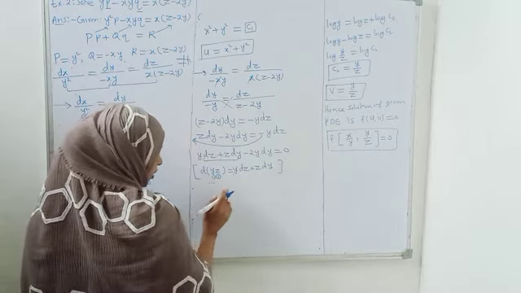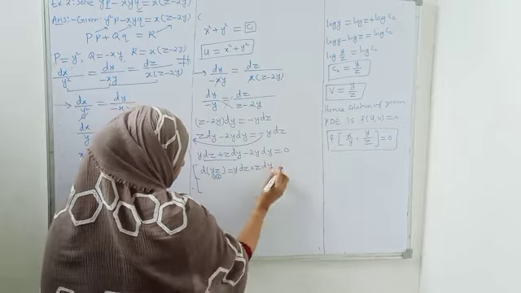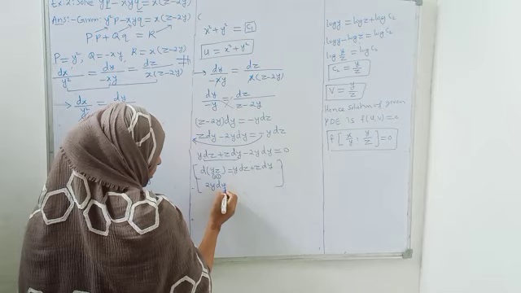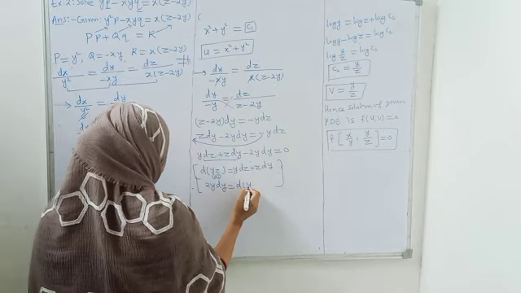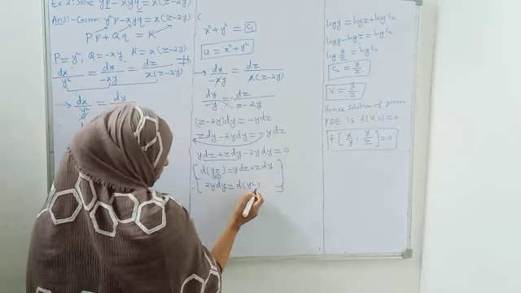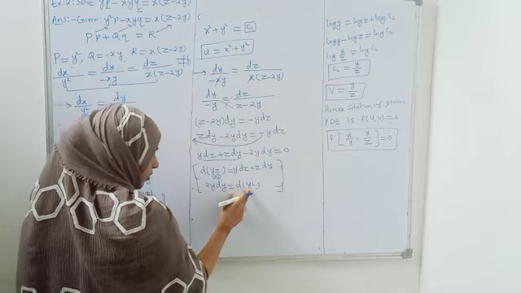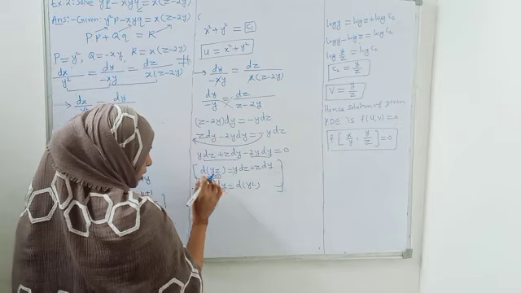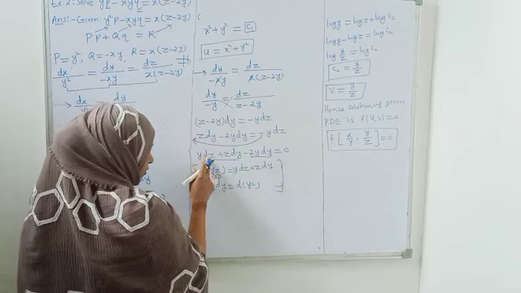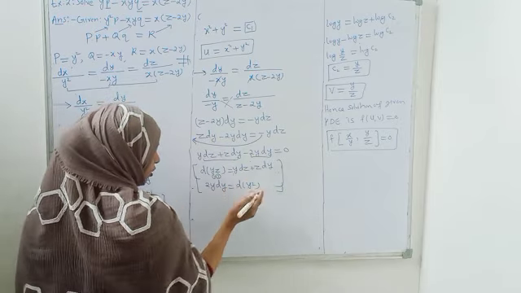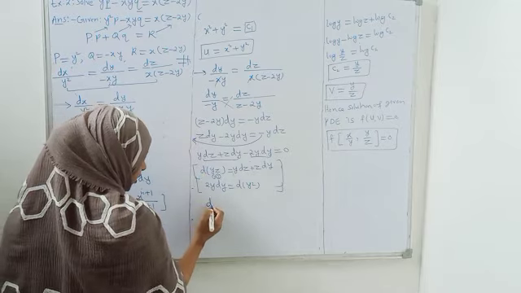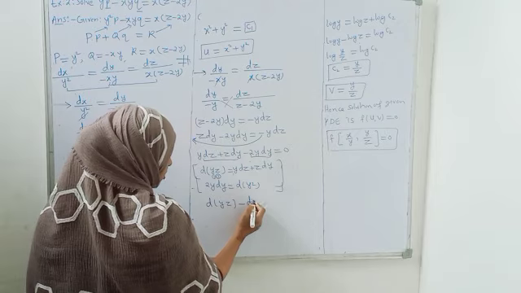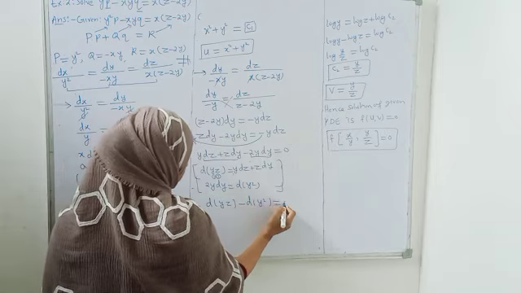Additionally, for 2y dy we can write it as the derivative of y square. It's very easy because the differential of y square is 2y. So d of y square is 2y dy. So in both the terms we can substitute d of yz in the first and 2y dy as d of y square. So it will reduce to d of yz minus d of y square is equal to 0.